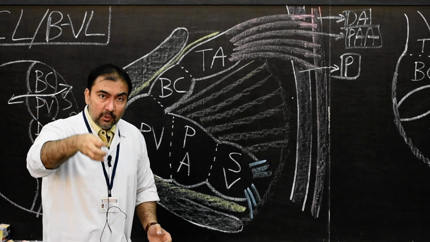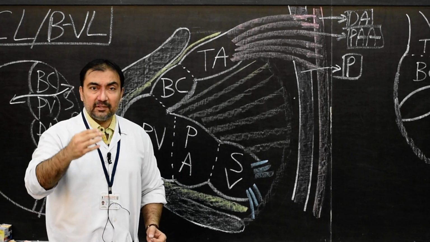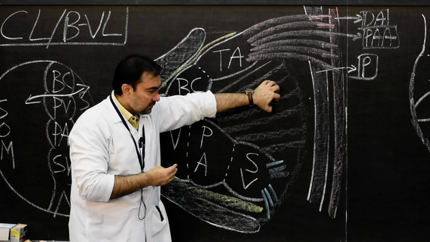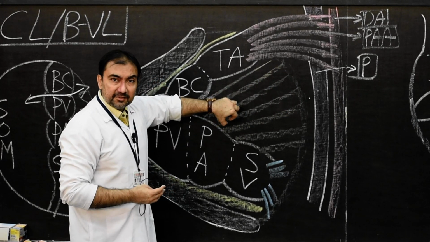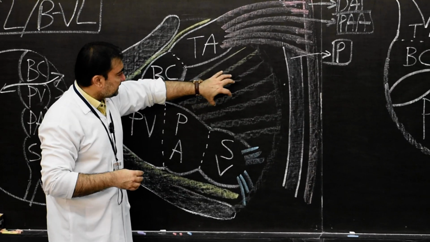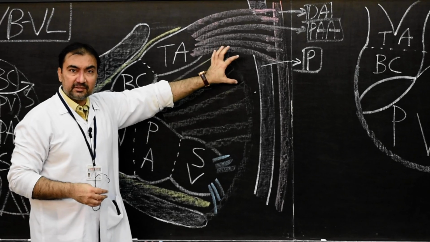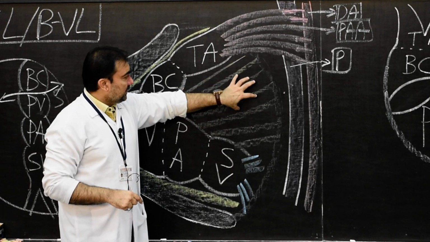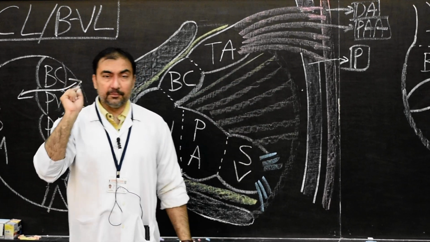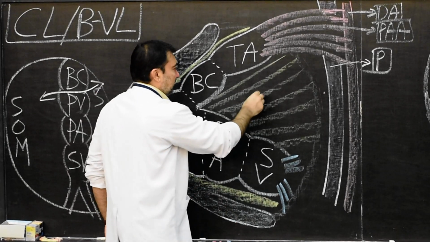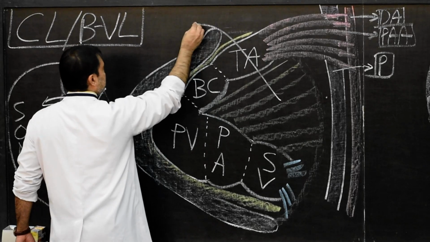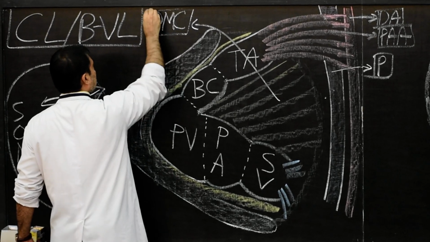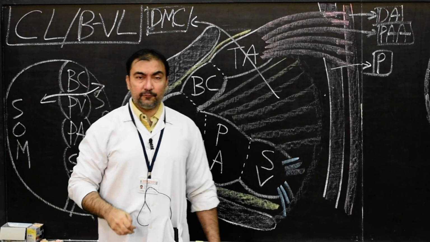And from the dorsal wall, from the roof, the same splanchnopleuric layer will form a fold-like structure, and this fold will suspend the entire heart tube from the dorsal roof. Therefore, this septum which is developed from the splanchnopleuric layer will be known as the dorsal mesocardium. It will be known as the dorsal mesocardium. So therefore, if we just mark it here, the dorsal mesocardium. This is nothing but a layer of splanchnopleuric layer which is suspending the heart tube from the dorsal side.